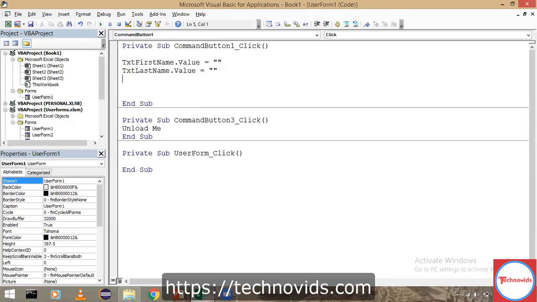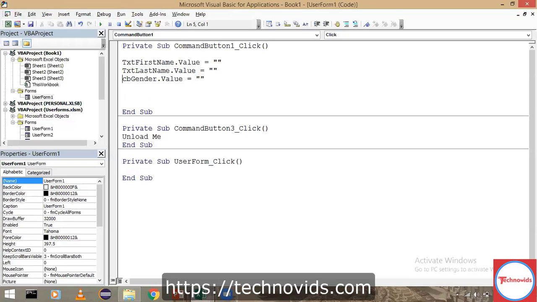Next is gender. Gender is a drop down as of now, so a combo box. I've given it as cbGender dot value is equal to, again, null. I'm not giving anything as such.